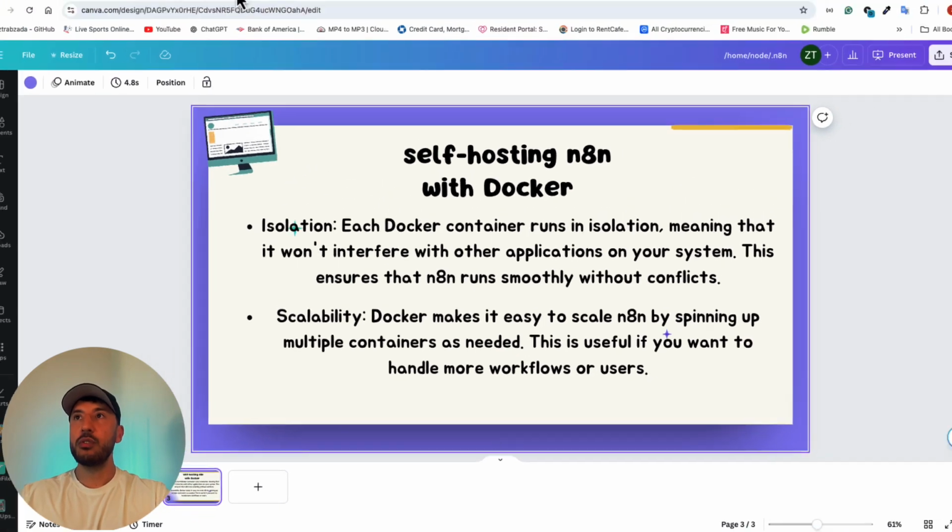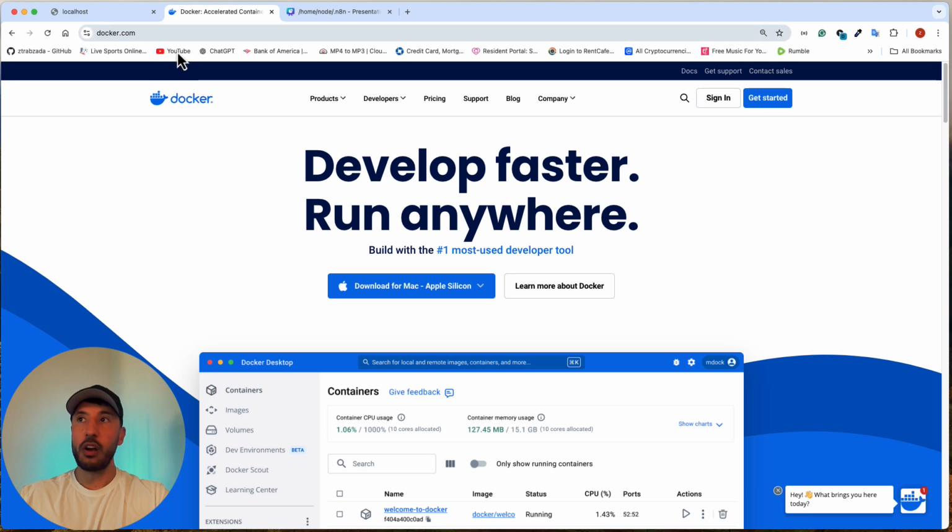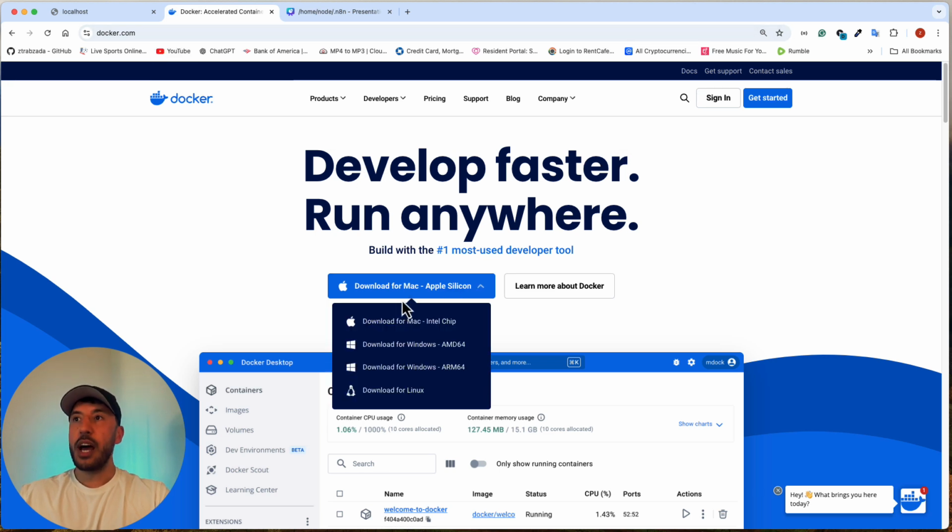The first thing you need to do is go to docker.com and download it for your machine. Whether you're using Windows, Linux, or Mac, make sure you're downloading the correct version. One important thing: if you're using a Mac with the newer M1, M2, or M3 chips, make sure you download that version and not the Intel chip version, because that won't work otherwise.